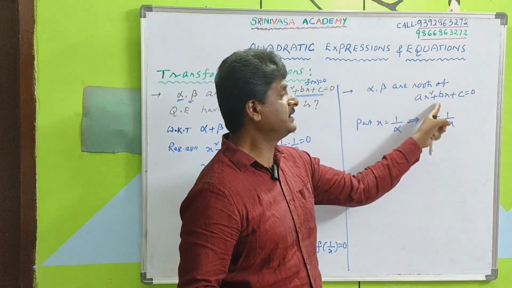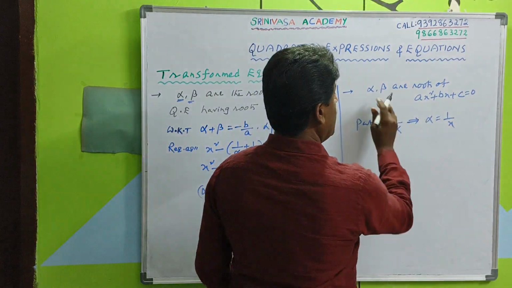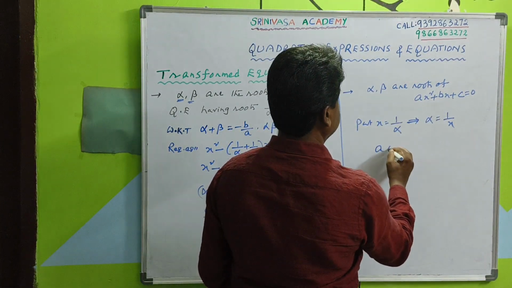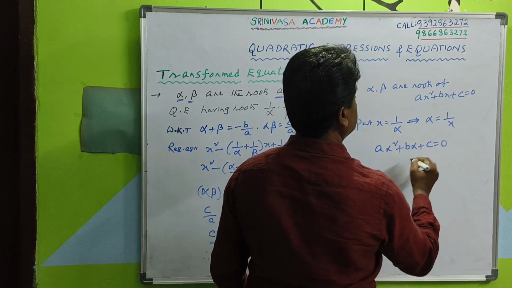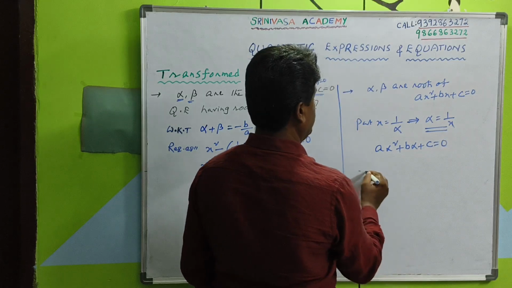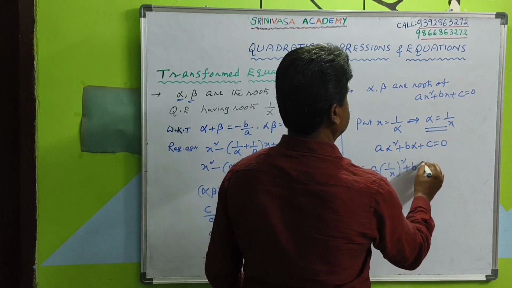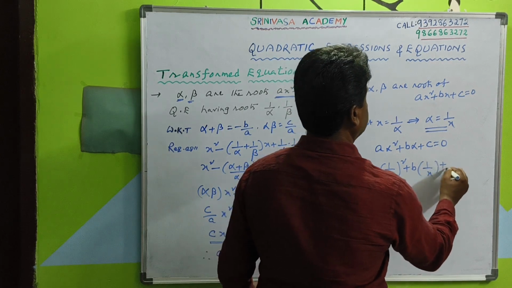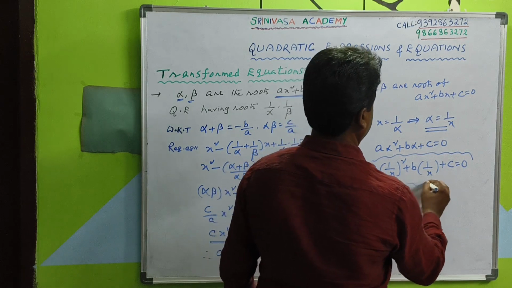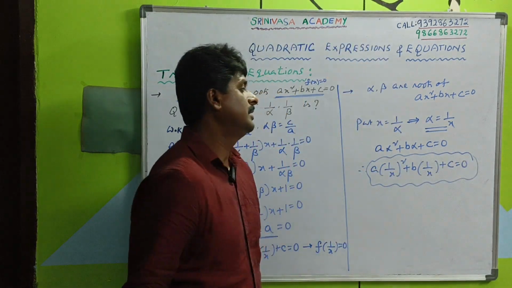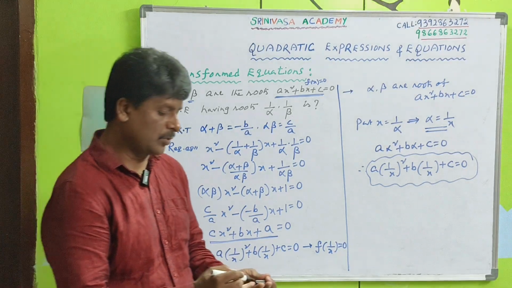As we know, alpha is a root of this equation. We are having alpha is a root of this equation, means a alpha square plus b alpha plus c is equals to 0. Since alpha is equals to 1 by x, we get a into 1 by x whole square plus b into 1 by x plus c is equals to 0. This is the required equation. So finally we can conclude that